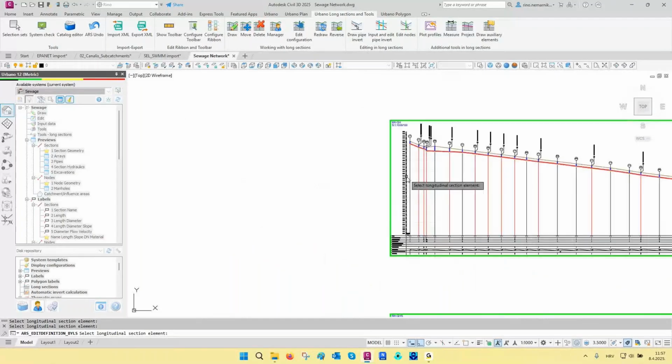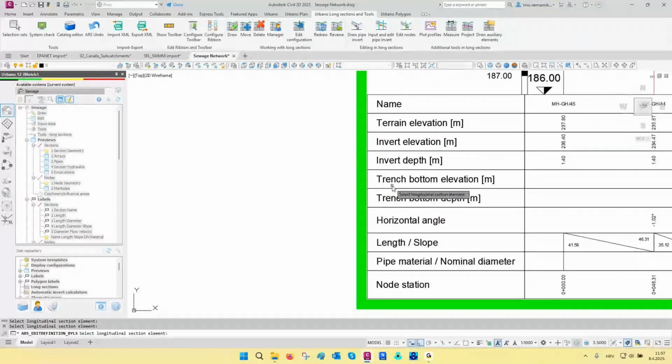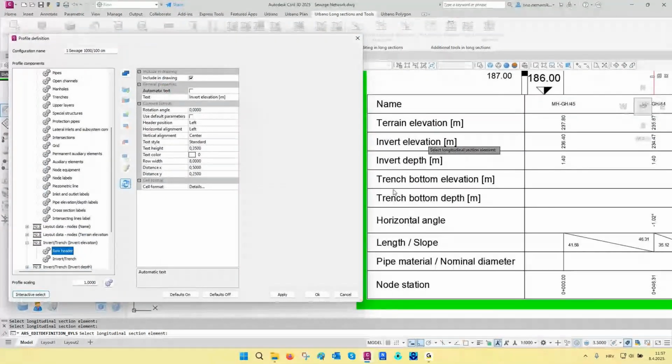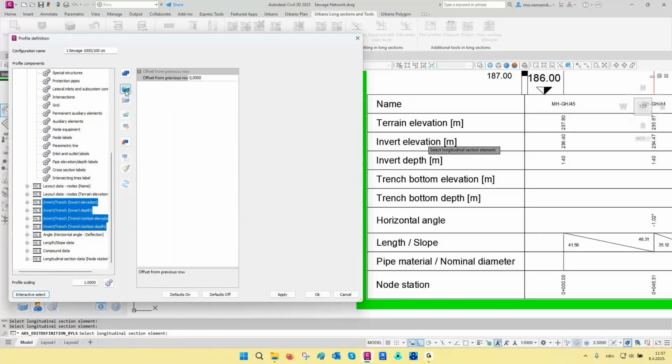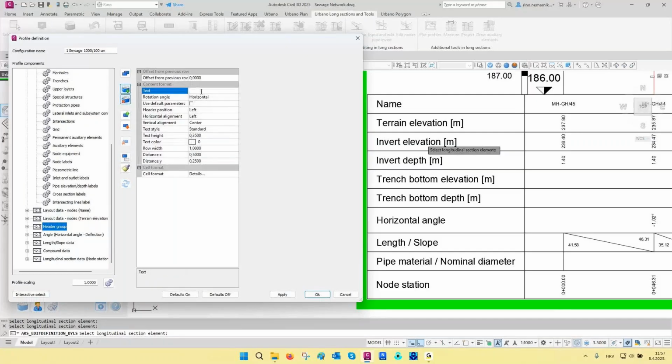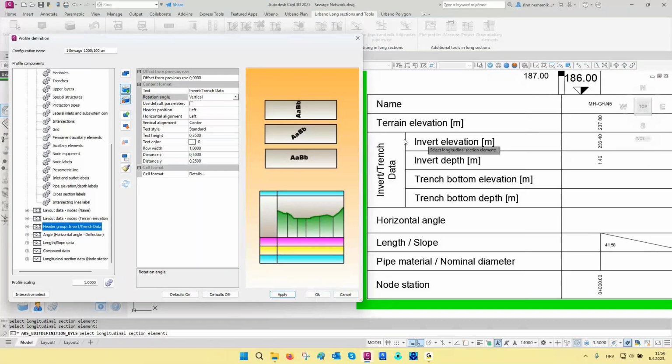Okay, let's now see probably the most important new feature regarding the profile editing, and that is the possibility to group the components into a group. So let's group this invert and trench data to be in one group. So I will select all this invert trench data and just click on this group icon. For the text name, I will write invert trench data. I will say that this text is vertical, and when I click apply, you can see that this is now